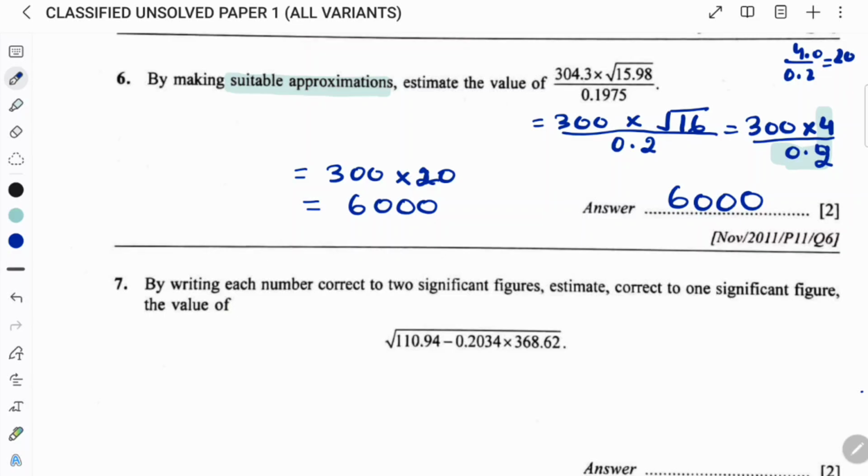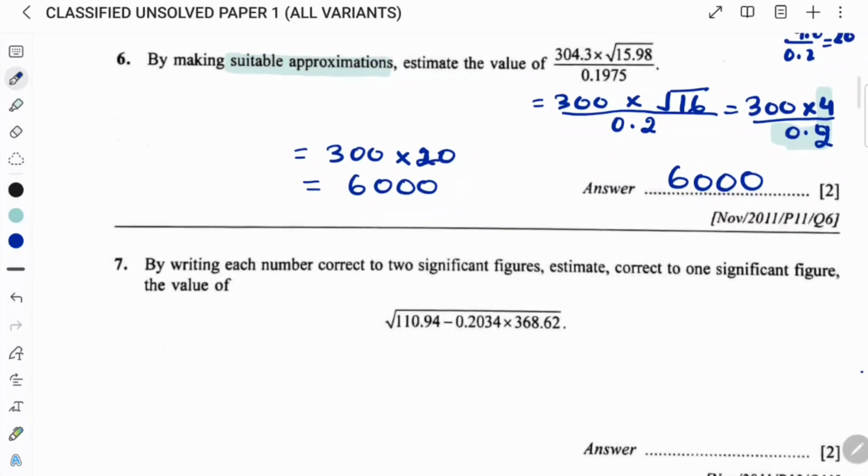Alright, the next question is by writing down each number correct to two significant figures. This time we have to round off the numbers to two significant figures, and then estimate. We do have to estimate, and then in one significant figure. Three things we'll have to do. So for this question,